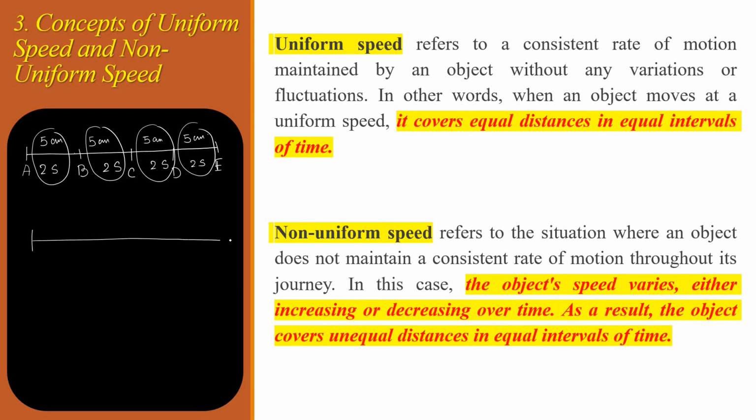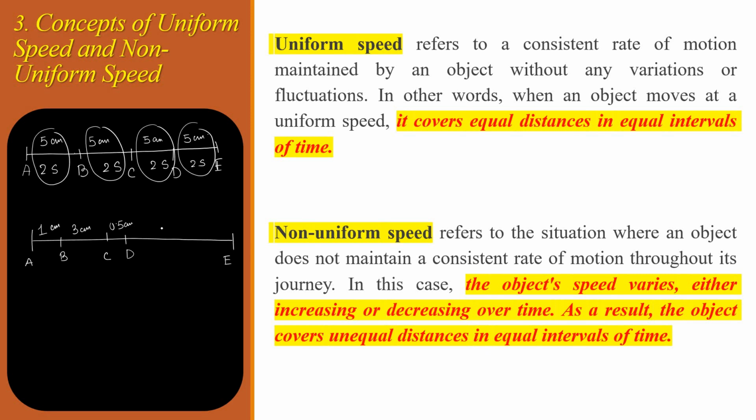Same, we are considering an object is traveling from A to B, then B to C, C to D, then D to E. Suppose it is 1 centimeter, this is 3 centimeter, this is again 0.5 centimeter,